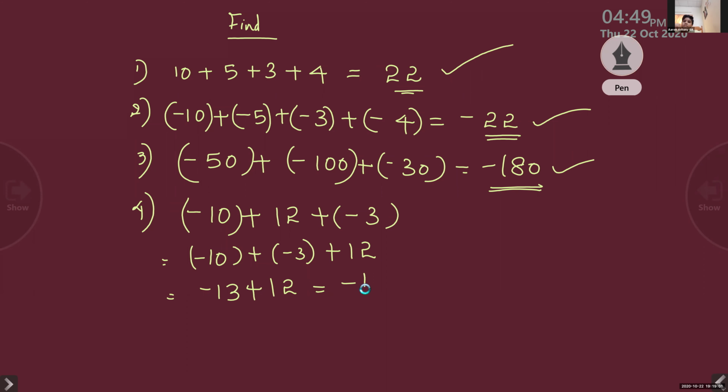Negative 1. So this is a most important thing. When you get positive numbers and negative numbers mixed up, you have to arrange it in some order. If they are mixed up together, we have to rearrange it. All negatives together, all positives together. Add all negatives and add positives. And after that, you have to do this. Did you write it? Write it. I'll give the next question.